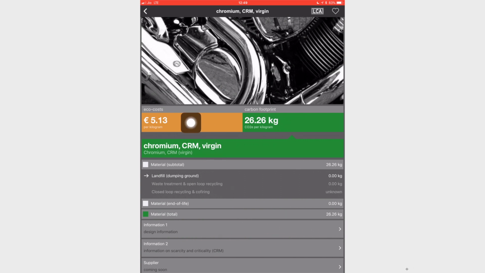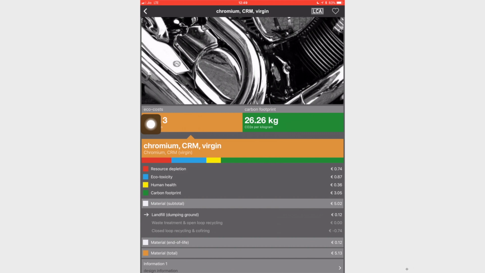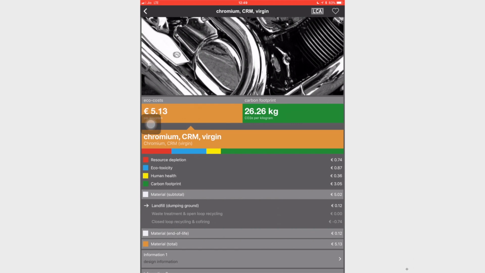Now, let us click on the eco cost. So, now you can see how eco cost gives you much more information than carbon footprint. The red is resource depletion, the blue over here is ecotoxicity, the yellow over here is human health, the green is for carbon footprint. So, the eco cost because of the carbon footprint. All the costs are mentioned. If you look at this particular bar or these values, you already know that the highest eco cost for this particular material is because of the carbon footprint.